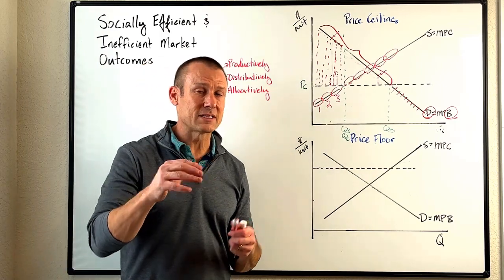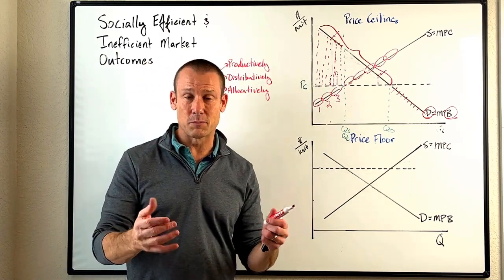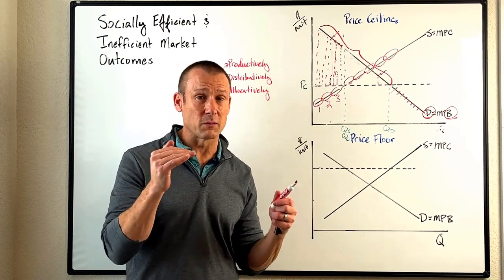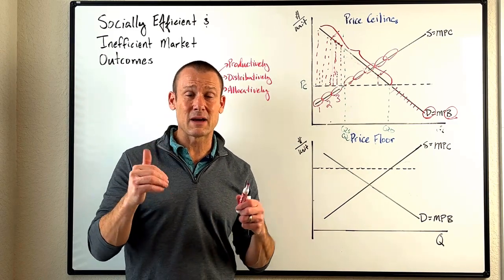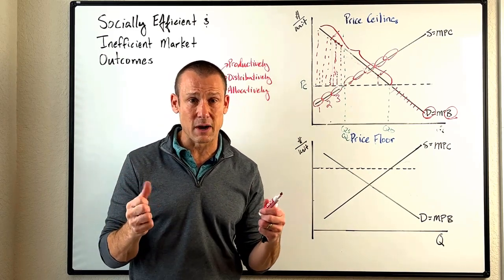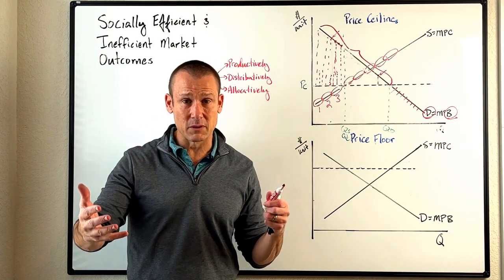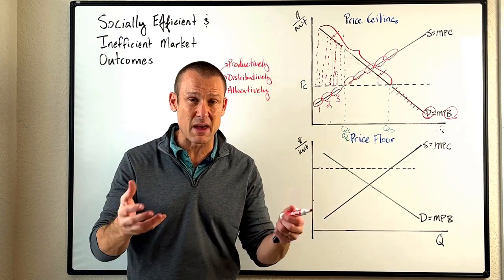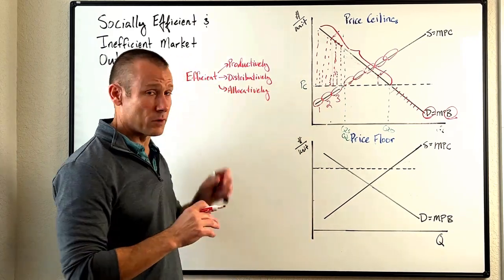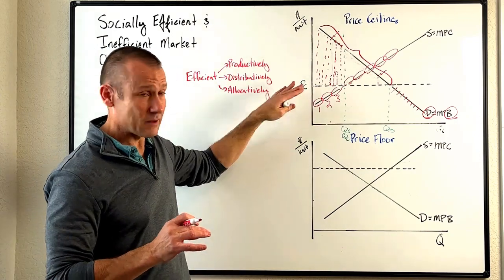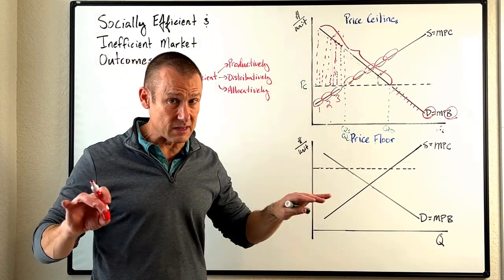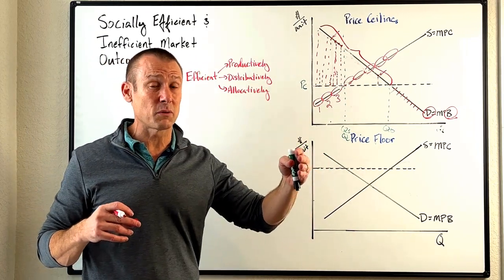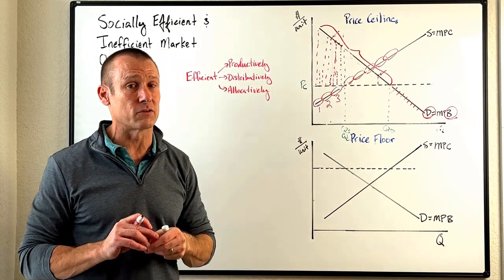So if you're feeling unsatisfied with what I just said, you should, because there's no perfect answer here. Price helps ration the good. It helps us achieve some level of distributive efficiency, but at the same time, price has a drawback. And the problem with price is, hey, those that don't have the ability might not get it even if they really value the good. And guys, there's just nothing I can do. It's just a messy situation when it comes to distributive efficiency. But I want you to see price controls don't necessarily fix anything, okay? It just makes it get rationed in some other way that often has less correlation with who values the good the most.